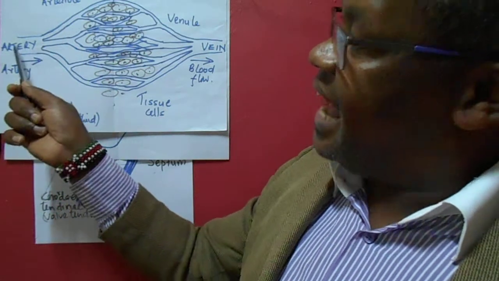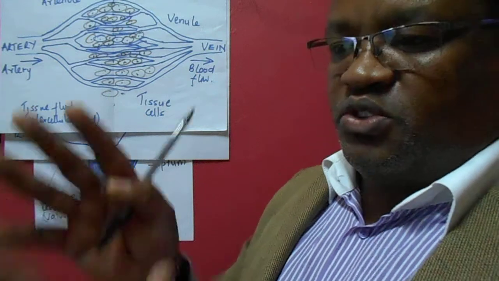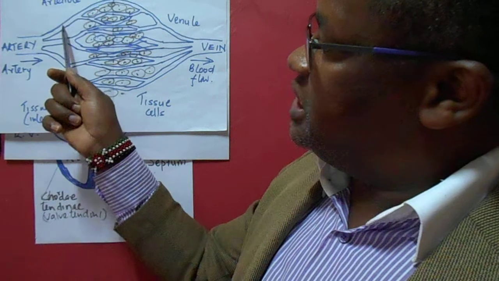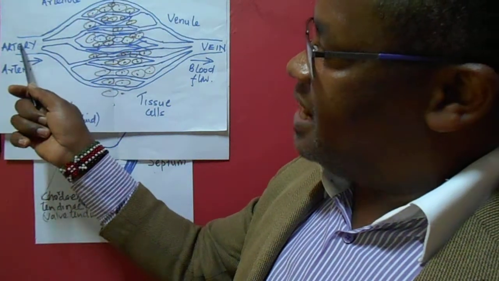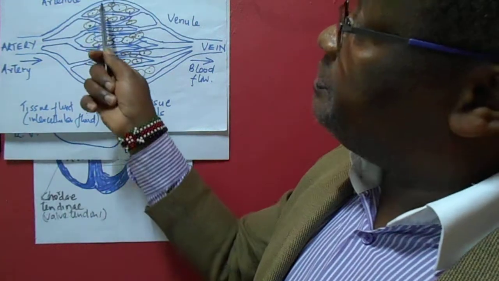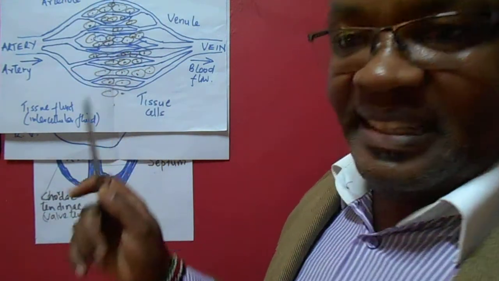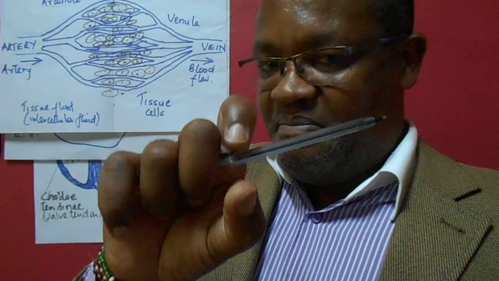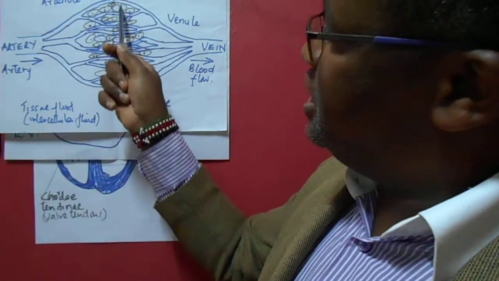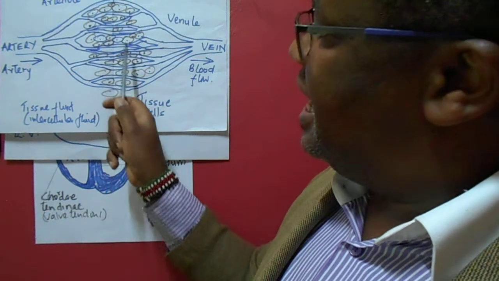Then we have the arteries branching into smaller vessels, called arterioles. You can see the artery is large, while these arterioles are narrower and smaller in size. Then the arterioles branch further into capillaries, very fine, very tiny blood vessels that are found in the tissues in our bodies. Look at these. These are tissue cells, and they are being